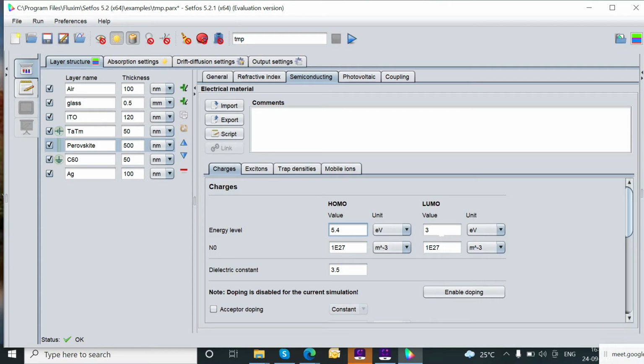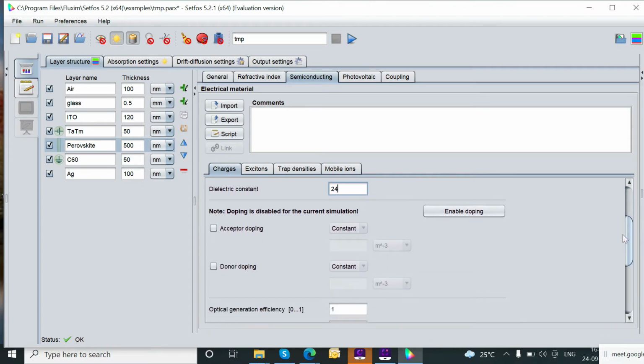Now my perovskite layer is semiconducting type, so I would like to define the semiconducting parameters. This is the semiconducting tab because my perovskite layer is used as a semiconducting layer. No other layer is used as a semiconducting layer, that's why no semiconducting tab is there for them. Only the perovskite layer we would like to use as a semiconducting layer, that's why this is activated.